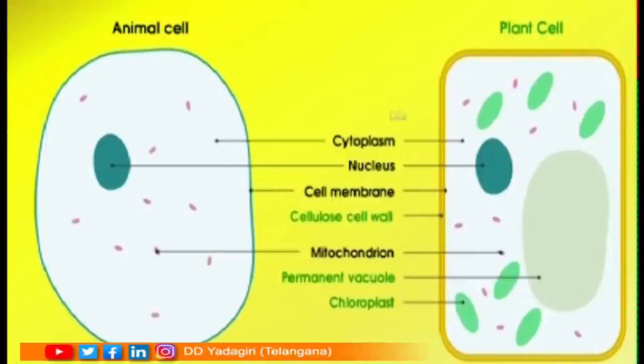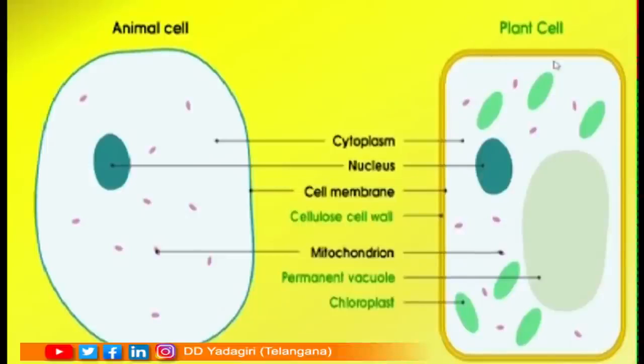One more difference you can find out, children. In the plant cell you can see green color spots which are absent in animal cell. Do you find any green color plastids here? No, they are absent. They are present only in the plant cell. What are they, children? They are chloroplasts. Chloroplasts are green in color because of the presence of a pigment called chlorophyll. This chlorophyll plays a major role in preparing food by the